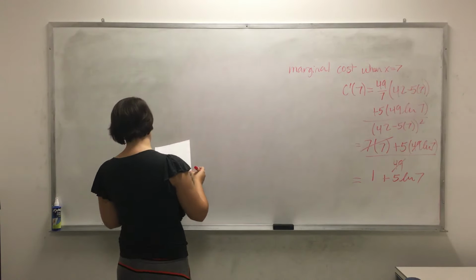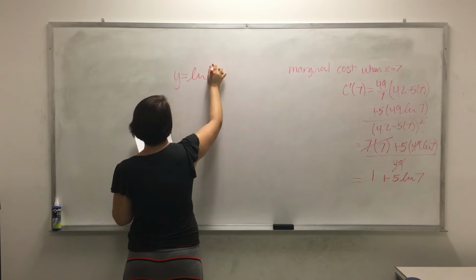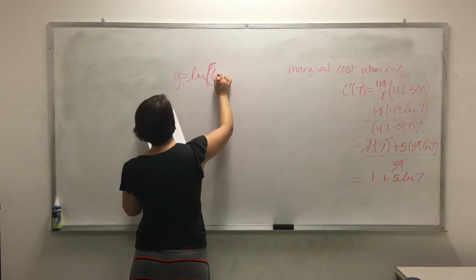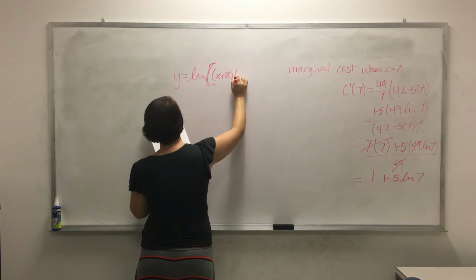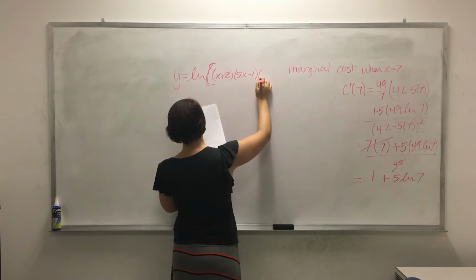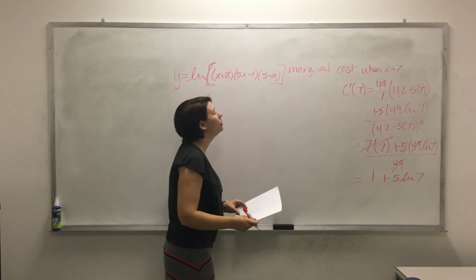So then, if we want to take the derivative of the natural log of the quantity of x plus 2 times 5x minus 1 times 5 minus x, we need to do a